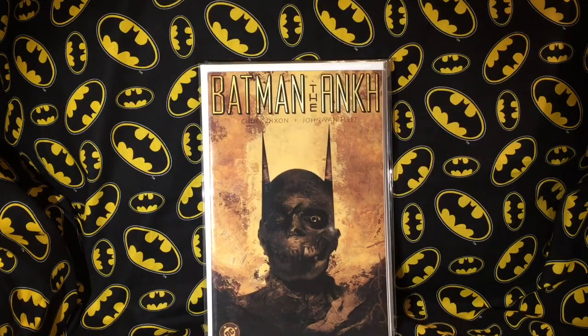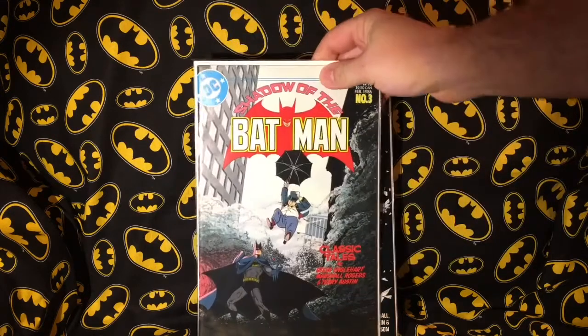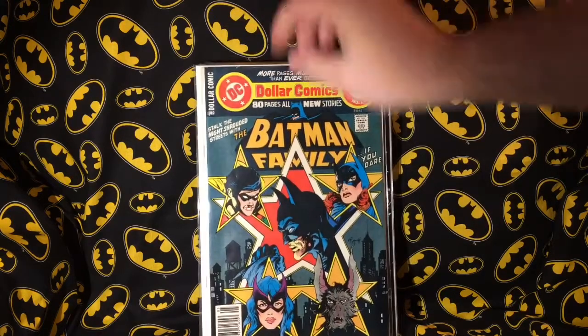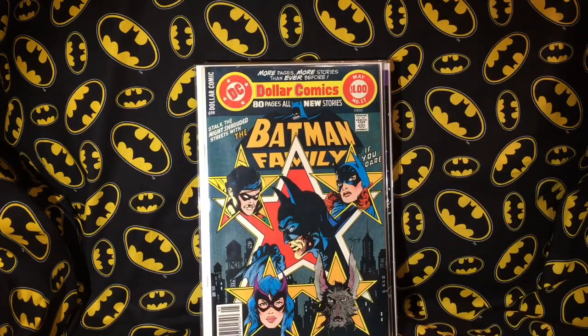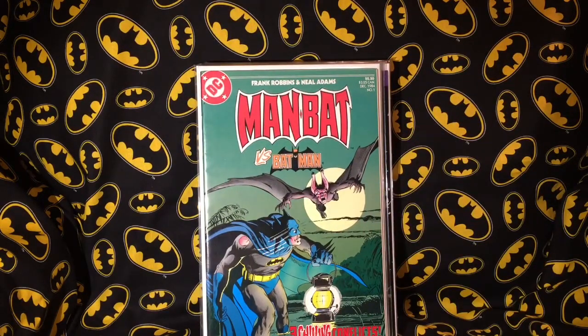I just really think that's a cool cover. It's Batman: The Ankh. It's Egyptian, I believe, but it's the Chuck Dixon, John Van Fleet book. So that was part of the $6. Batgirl Special #1, Shadow of the Batman #3. This beautiful cover right here. Bam! That is the Batman Family #17. Man-Bat #1. And then I also got,